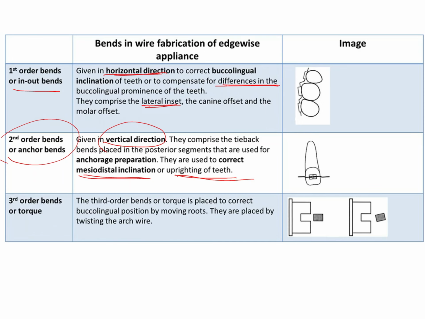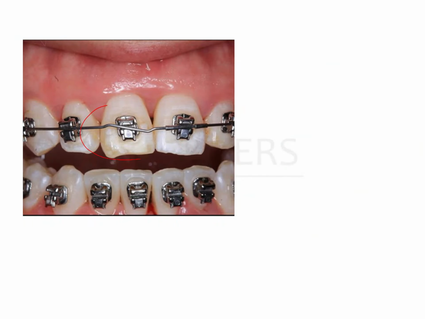or uprighting of teeth. Okay, so what the bends look like is something like this when you're giving it to bring about correction of the mesiodistal inclination of teeth. Here you can see that this central incisor's mesiodistal inclination is looking correct, but this central incisor could do with a little more correction or uprighting, right? So the inclination of this tooth could be uprighted a bit. This mesiodistal uprighting of the tooth can be brought about by giving this vertical bend, which is going to push this tooth down mesially and up distally, which is going to correct the inclination of this tooth.